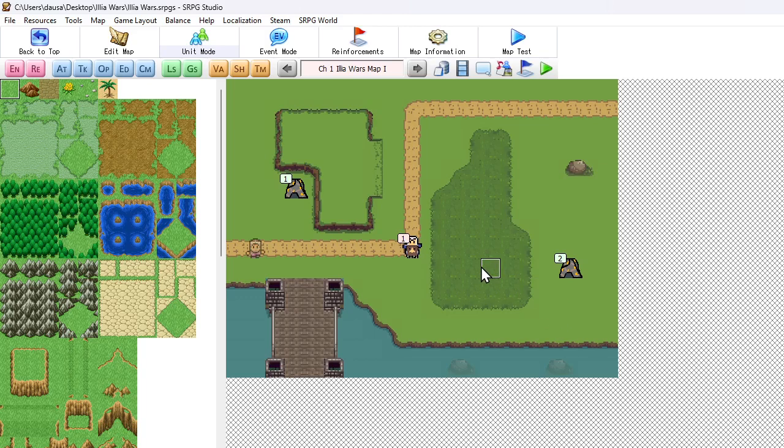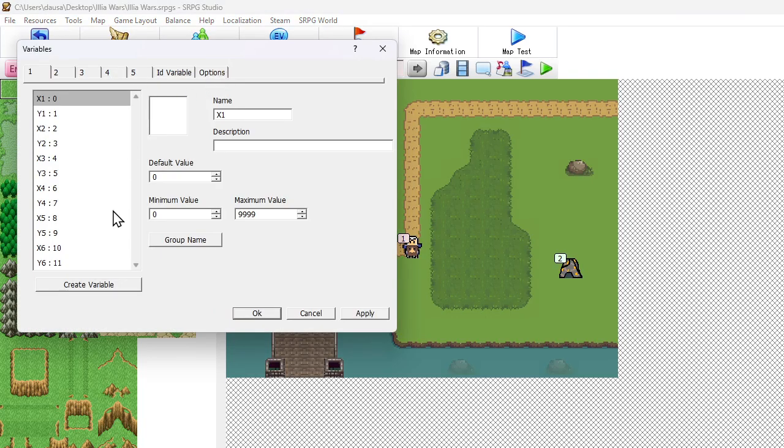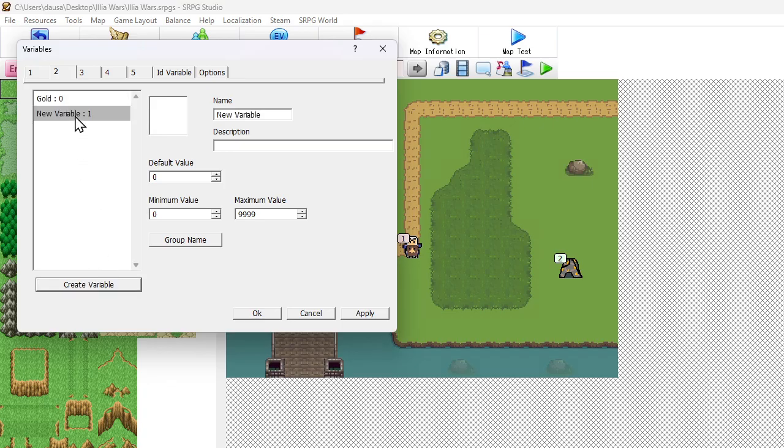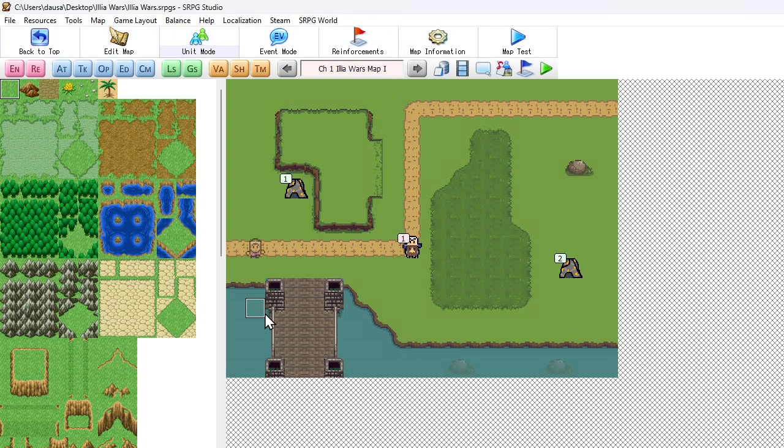Welcome back. In this video we're going to create a very basic CO power. So how are we going to do that? Well, we're going to create a new variable, and I'll put it into this, kind of my miscellaneous. So we're going to create a new variable and we'll call it CO charge. You can call it whatever you want, obviously, but it's starting at 1